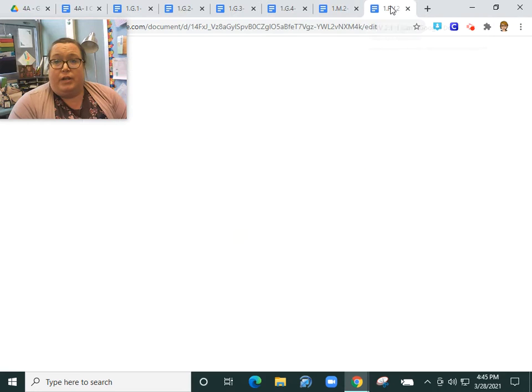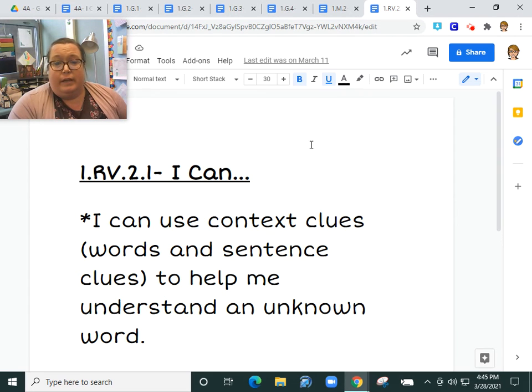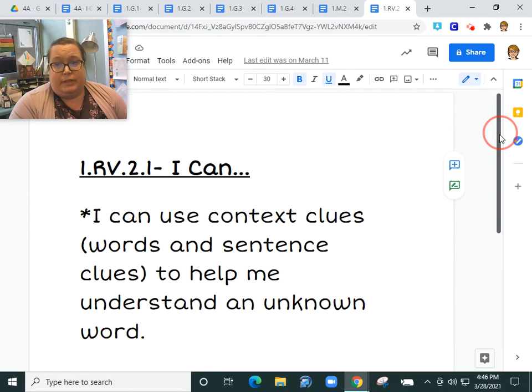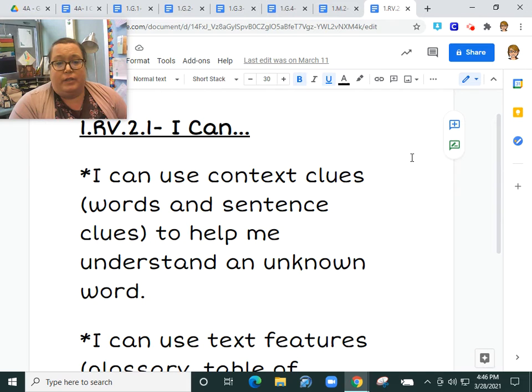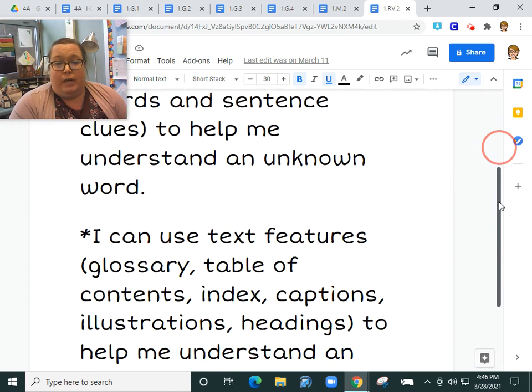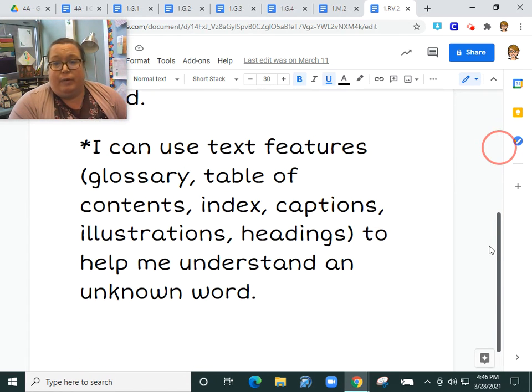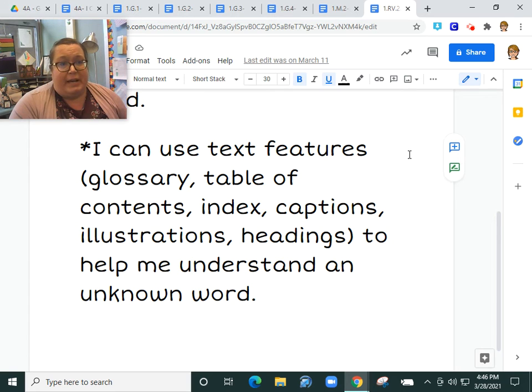Then our language arts standard this week is using context clues, and using context clues to figure out unknown words, using context clues to figure out what's happening in the story, and then also using text features. Now, we've talked about text features in the past, but we haven't really focused too much on them. So we're going to review those and